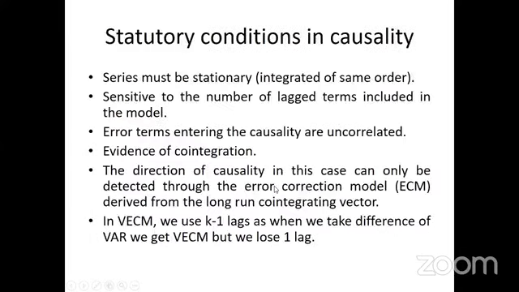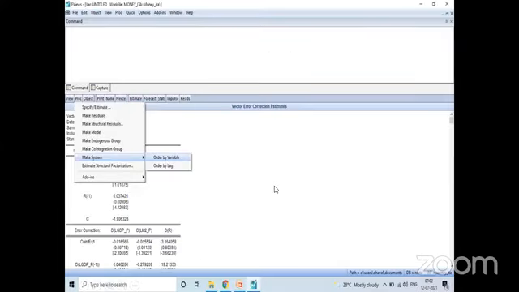From where I'll go, just a minute. Yeah, make system order by variable from that window only. Make system order by variable and it will generate this thing. Now the thing which you should remember is that in VECM, this D means that it will always generate the first difference of the series on its own, right?